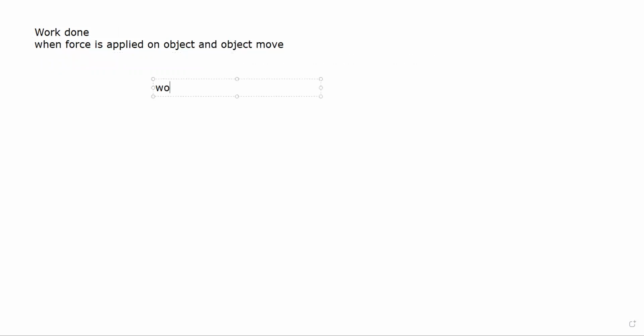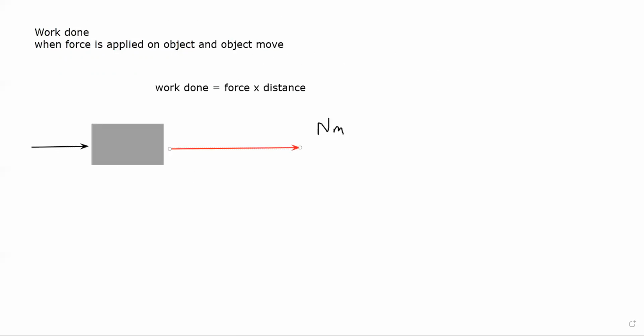So basically, what is work done? Work done is equal to the force multiplied by distance. But sometimes the force is not exactly the same as the direction of the motion. So in that case, we have to take the component of the force. This formula is valid when the direction of the force is the same as the direction in which the object moves. Like this is the motion of the object